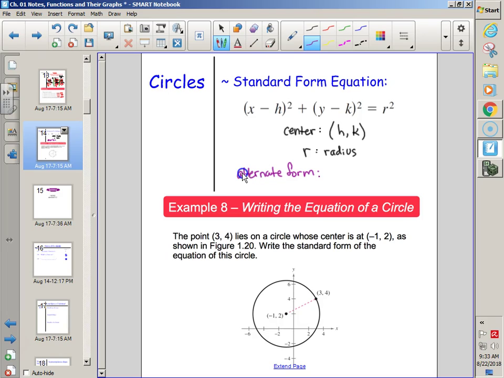But the alternate form is ultimately y equals the square root of, and this is what happened when we got y by itself to put it into the graphing calculator. So in function form, kind of, y equals square root of r squared minus,